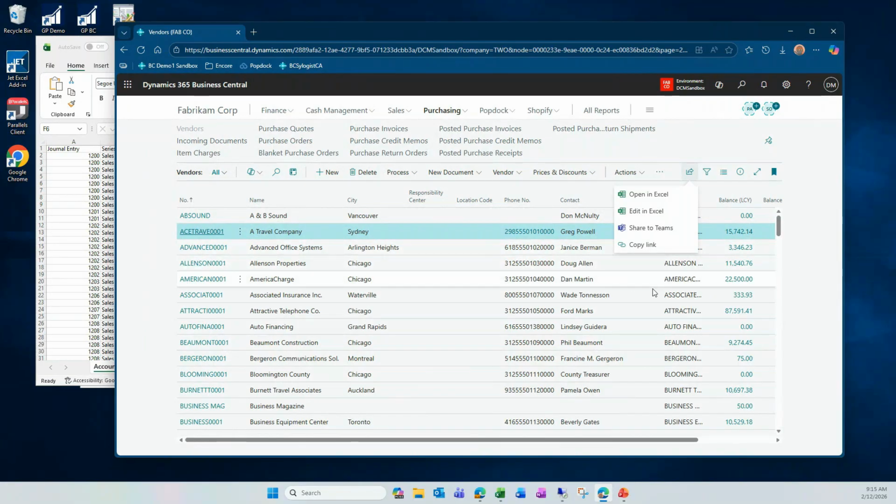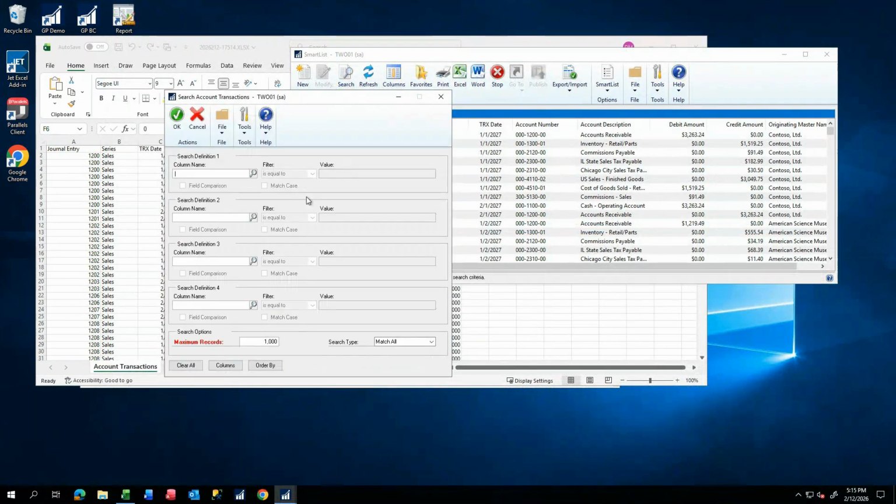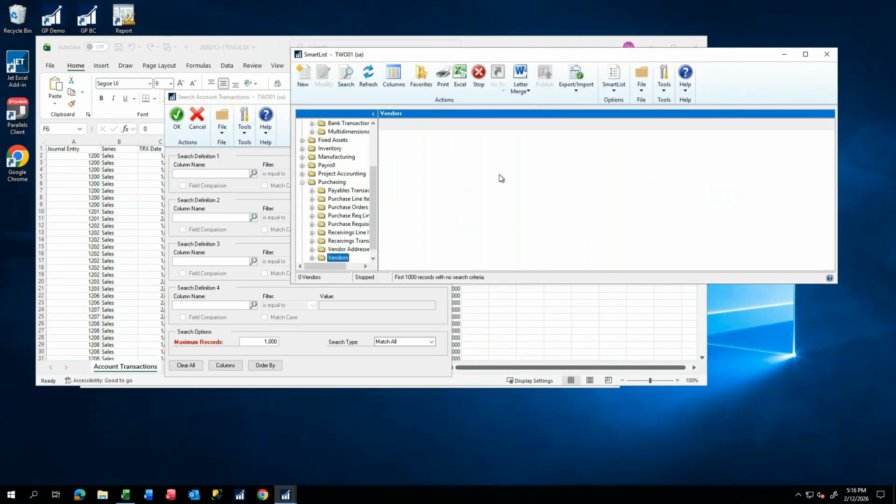All right. So the other thing I wanted to mention about the GP side is, of course, that you can do your search criteria, and you've got 4 search criteria here that you can use, and you can add as many as you need. So if I go to my vendors inside here, let me just go down to purchasing, and we'll go to vendors. When I look at my vendor list here,